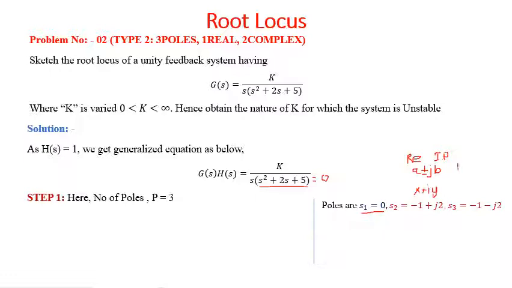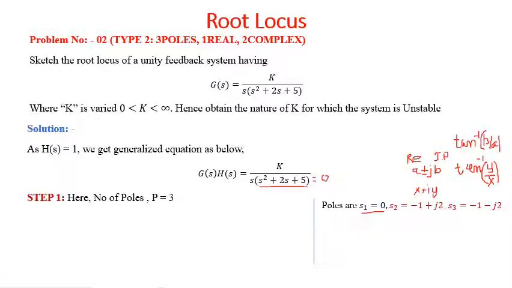This can be written in the angle form also, that is tan inverse of y by x. So we will use this one. So we can find out their position also, where it is going to be located. From this we can find out, or it can be located from tan inverse of b by a, if we are using b and a. So you might be remembering all this. Use of this is going to take place.